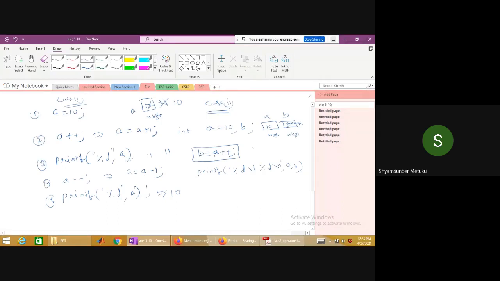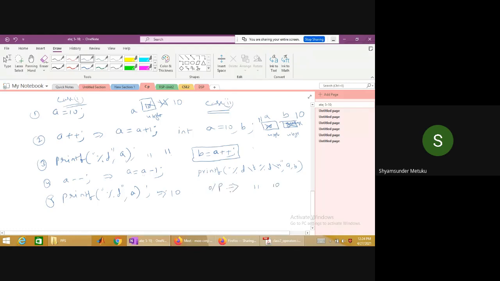Post increment means first the value of A will be assigned to B. What is the value of A at this level? 10, sir. 10. So garbage will be overwritten by 10. So B will be 10. Then A will be modified by A++, which indicates A is incremented by 1, which is 11. Correct or not? Then what is your final output? It is 11 space, then 10.